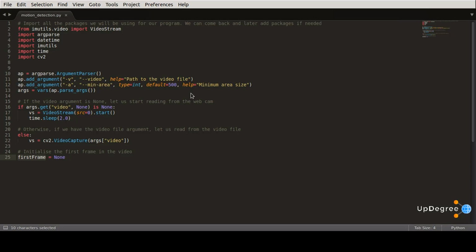Here we are making a very important assumption. The assumption is that the first frame of our video file will contain no motion and just background. Therefore, we can model the background of our video stream using only the first frame of the video. Obviously, we are making a pretty big assumption here, but again, our goal is to build this system on a very simple algorithm so that we don't get too complicated.